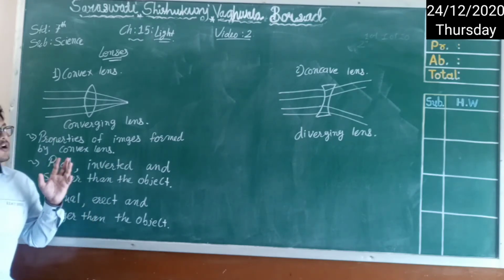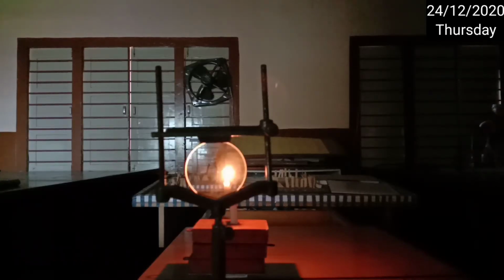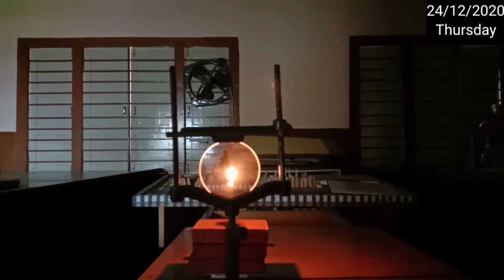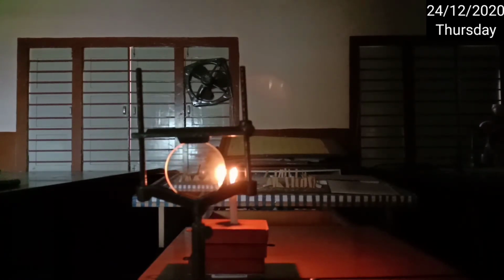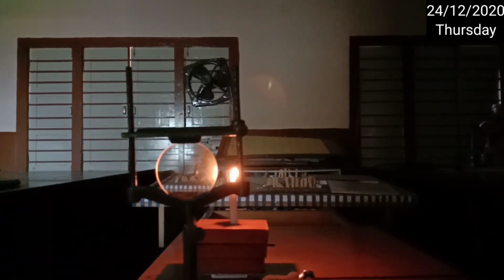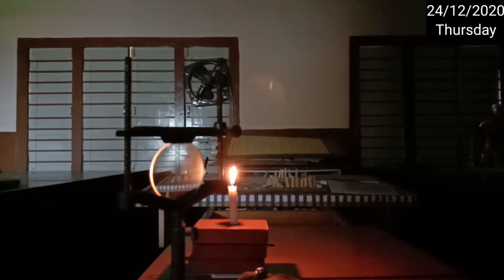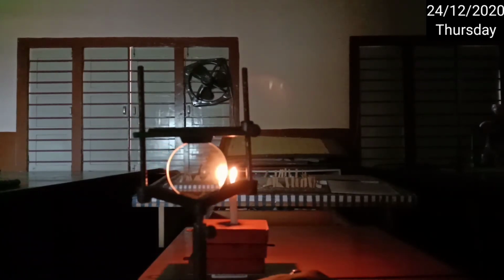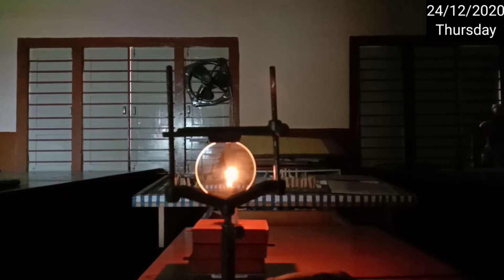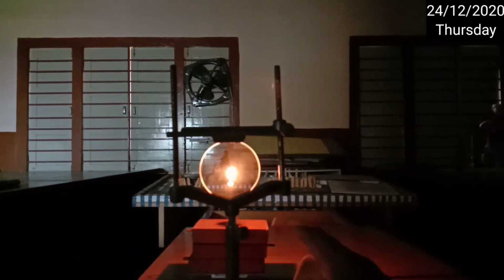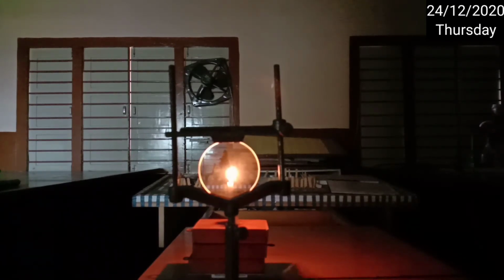Now let's talk about the concave lens. Now you can see the arrangements here. This is my concave lens, and that is my object. Now observe the object size carefully. Whatever image you are getting here, we need to observe its size. What is the size of the image? It is smaller than the object. With the help of this concave lens, we can get an image which is smaller than the object, and it is erect, it is upright, right?